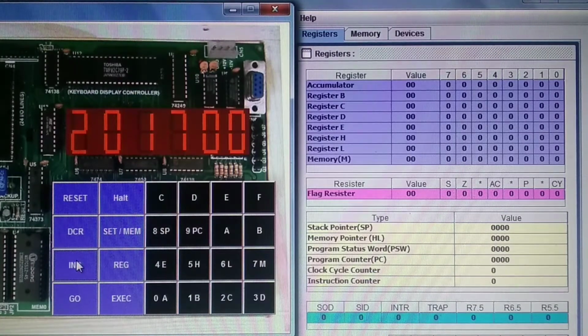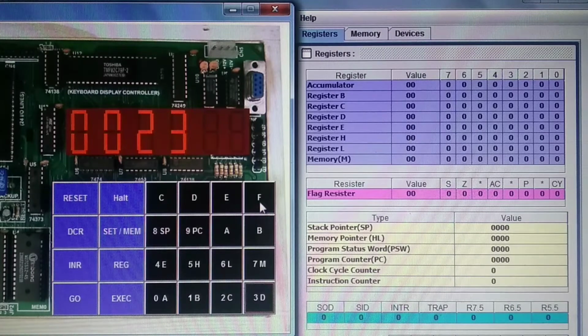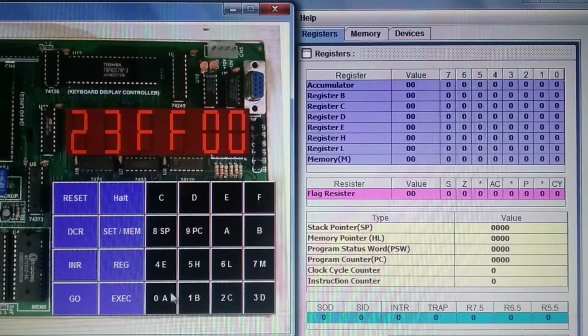Now you have to enter the length of the block and the data. Reset, examine memory 23FF. Increment. Length of the block 05. Increment.